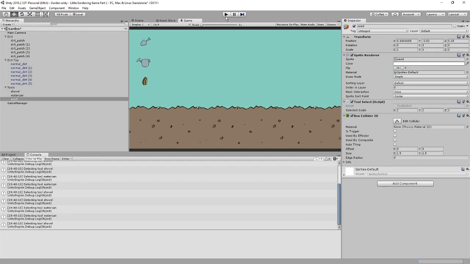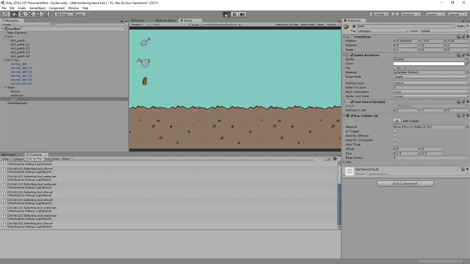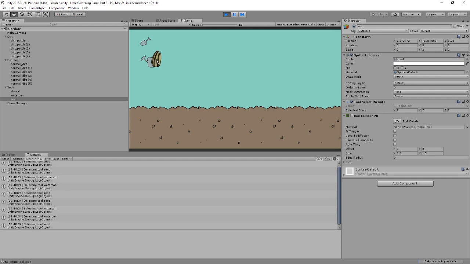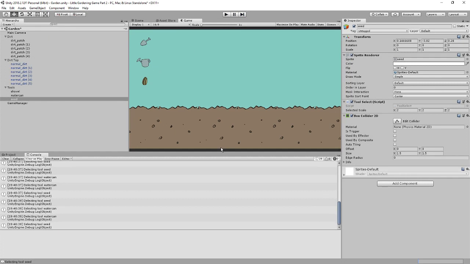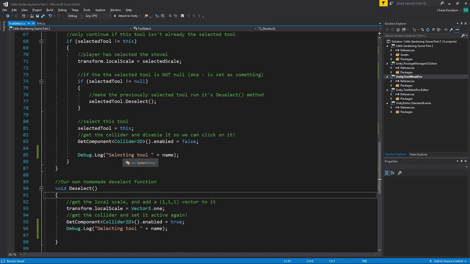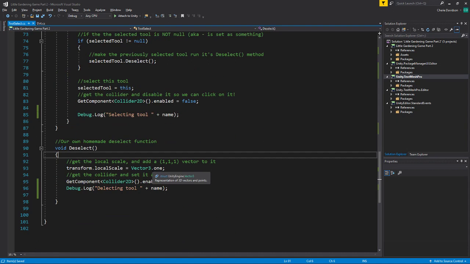All right, let's just try it again because I clearly was daydreaming somehow. So we select the seed. Cool. Let's select the watering can. Okay, so it says deselecting the seed, selecting the watering can, deselecting the watering can, and selecting the seed. So it's somehow doing both at once, which is exactly what it looks like it's doing. It's selecting the watering can and then selecting the seed again. So it might have to do with the order of operations, which is to say that for some reason after it's selected the tool, it still thinks that it can check